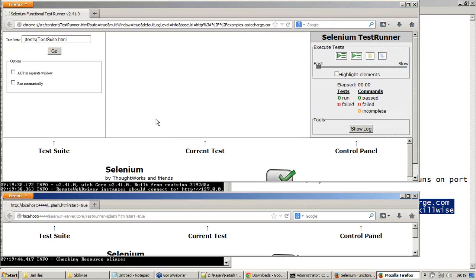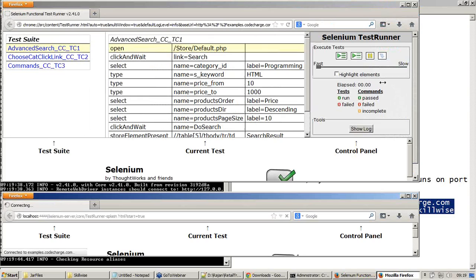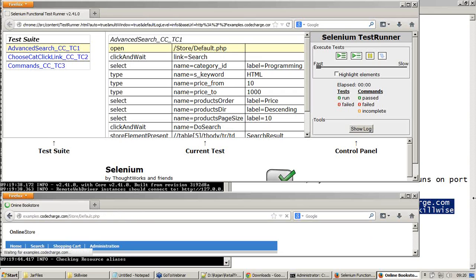Chrome identified. We may have to give Google Chrome in the argument where we pass the browser name.